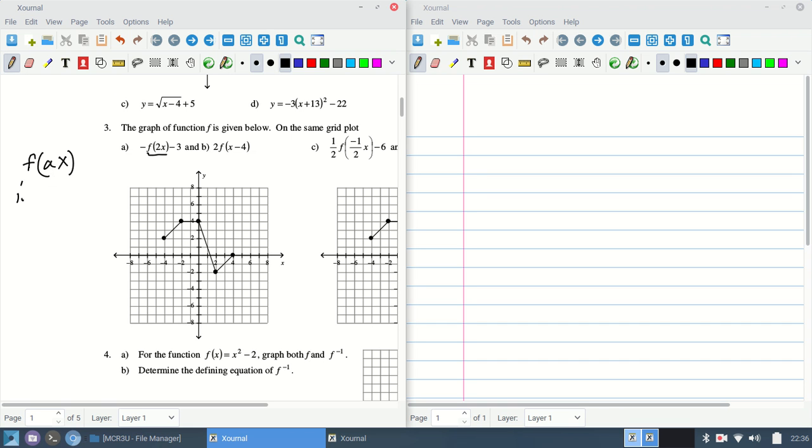Now, if the absolute value of a is greater than 1, this will count as a horizontal compression. On the other hand, if a is between 1 and 0, or the magnitude of a, I should say, then it counts as a horizontal stretch. All right? So what that translates to is if we've got y values and x values,